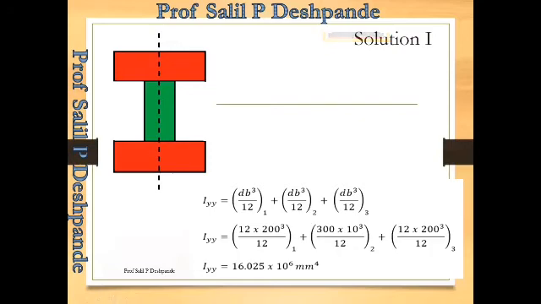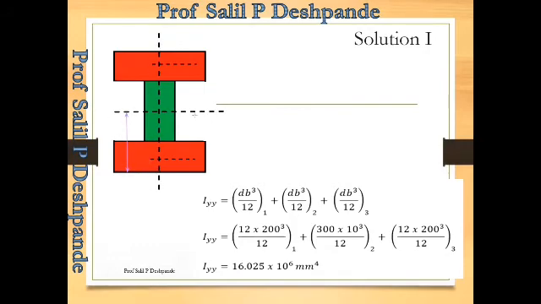Now what I'm going to do is to calculate x-axis. Again, if you check the x-axis of figure number 1, 2 and 3, they are not coinciding. If they are not coinciding, that means I have to use the parallel axis theorem. But here I may not calculate the value of y bar with the formula that we have learned in applied mechanics. Because this is symmetrical, I can get the value of y bar directly by saying total depth of the I section divided by 2.